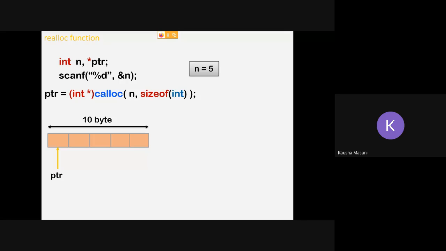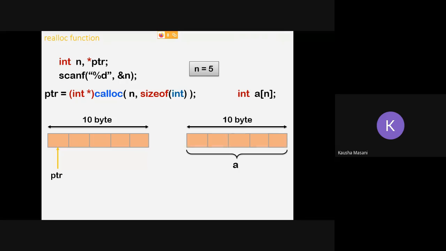Now the same thing can be done in terms of arrays also. Let's say I'm taking an array of integer type, a of n, and I've given n as 5. That is also going to assign 10 bytes of memory to your array a. Now here, because a of n is an array, static memory allocation, you cannot increase or decrease the size at runtime.